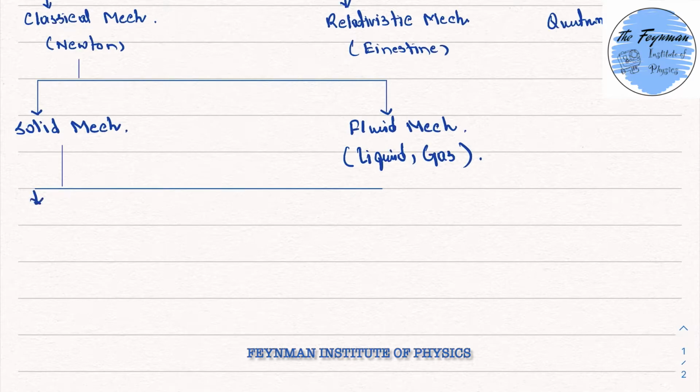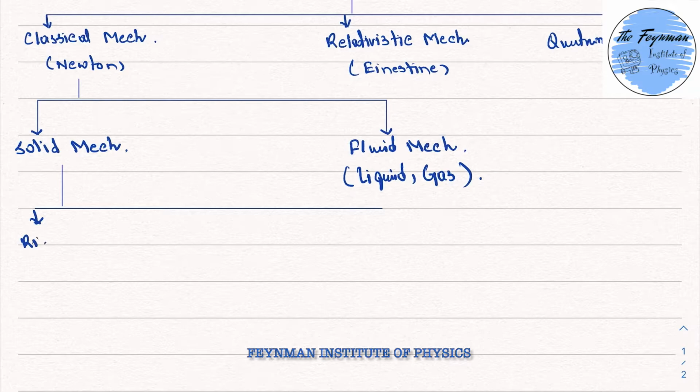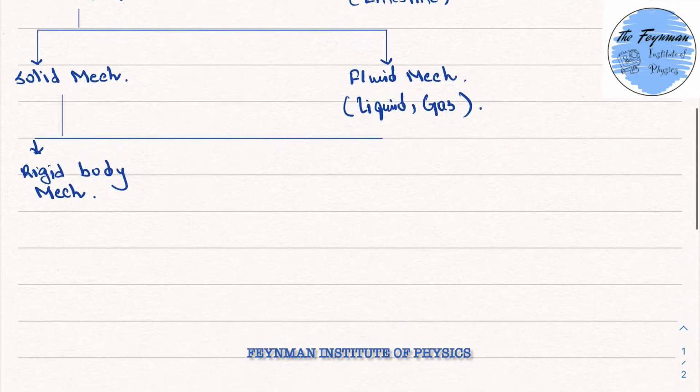The first one is rigid body mechanics. In this branch of mechanics, we will consider the body to be a rigid one, and on the application of load, the application of force, the body will move. Therefore, there will be a displacement. So all the external force acting on the body will be dissipated in producing its motion. And the second one is